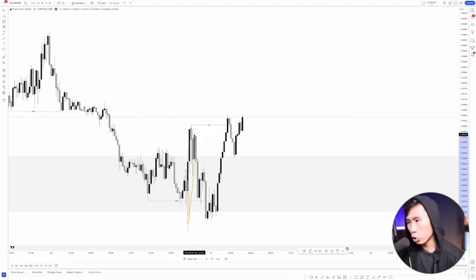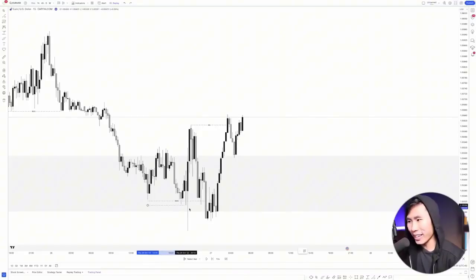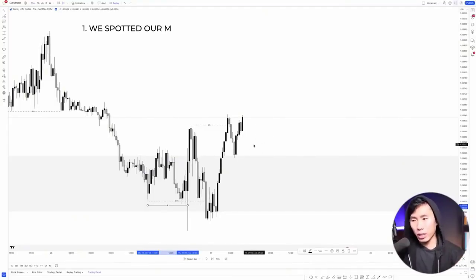Now, after this liquidity sweep, after this V-shaped reaction, what does this tell us? This tells us that the smart money has entered into the market. Now, as retail traders, we want to trade with the smart money. We want to follow their footprints. So this was the second criteria, that liquidity sweep. So now that we got our liquidity sweep and we got our market shift, the next step is to wait